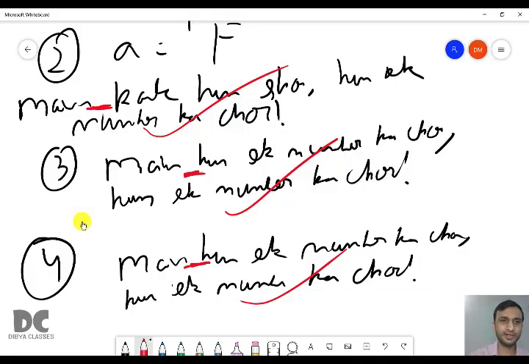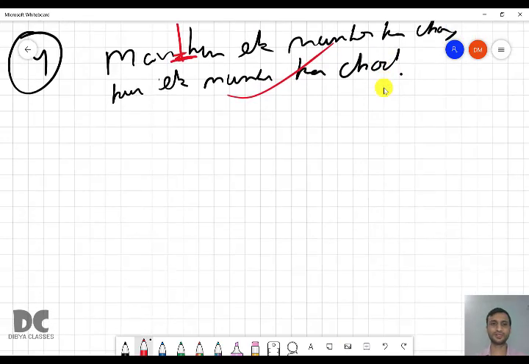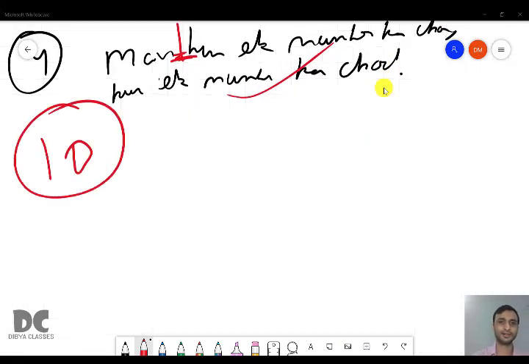So remember, there are two spaces after मैं. Why? Because there was one space after मैं and before हूँ in the previous sentence. Therefore there are two spaces. You have to be careful about this. Okay, let us move to the next question, that is question number 10.